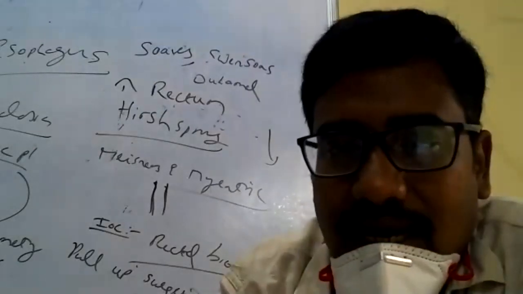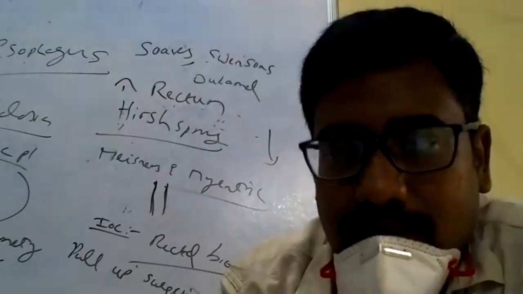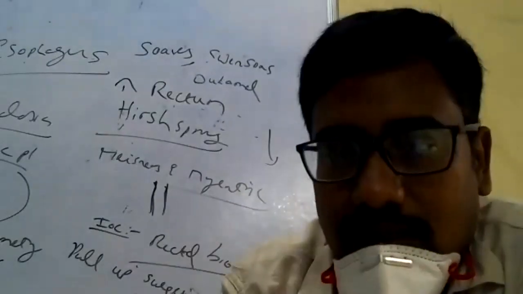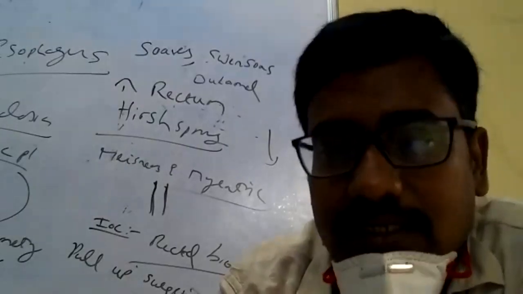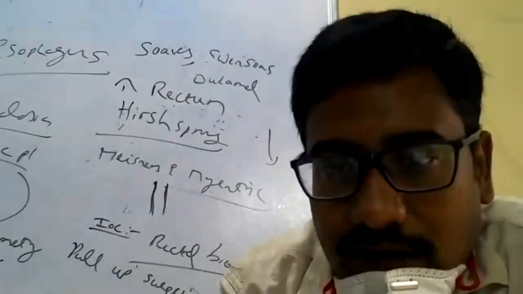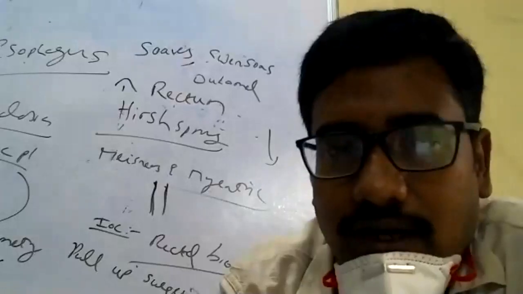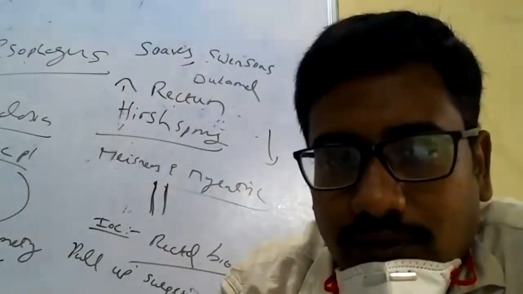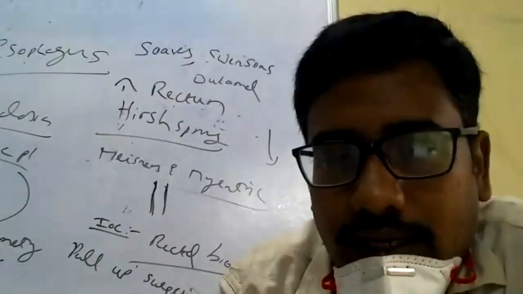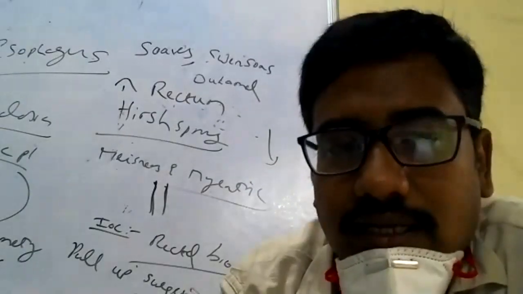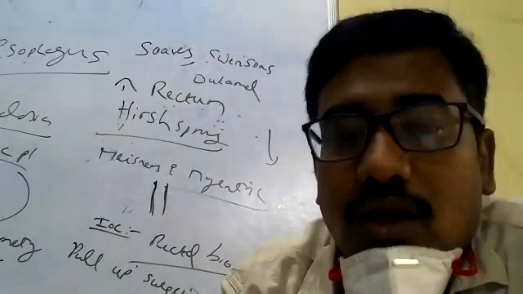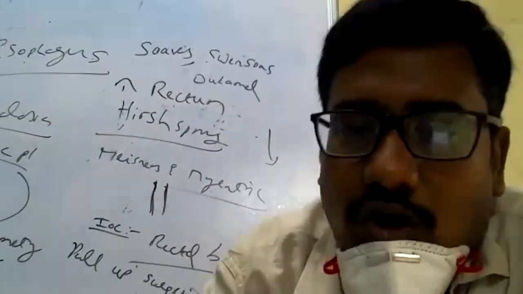What malignancy will you suspect at the lower 1/3 of the esophagus? It is adenocarcinoma. And what is the reason behind it? Why is he getting adenocarcinoma? Metaplasia. What metaplasia? Excellent. Columnar metaplasia.